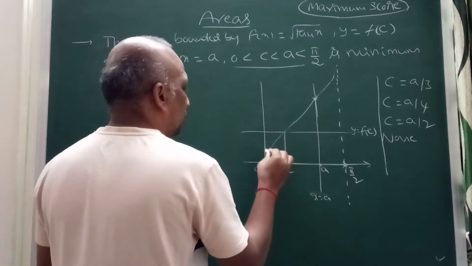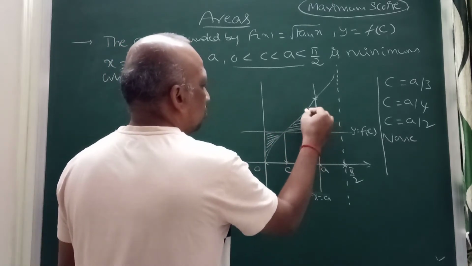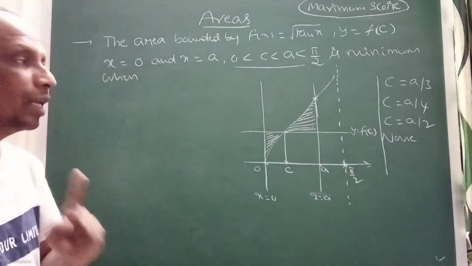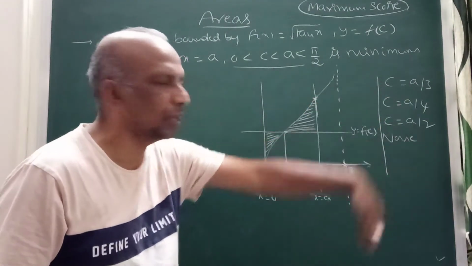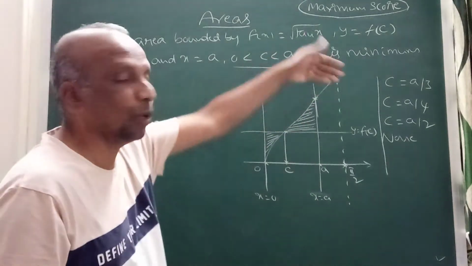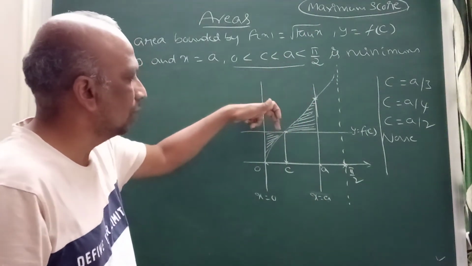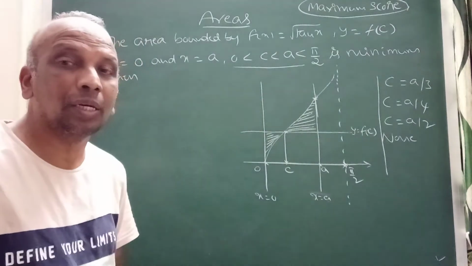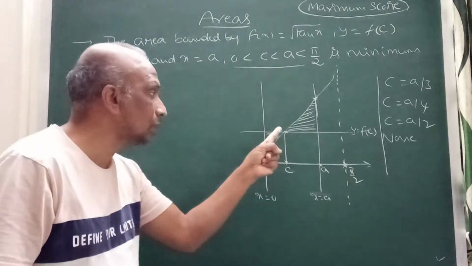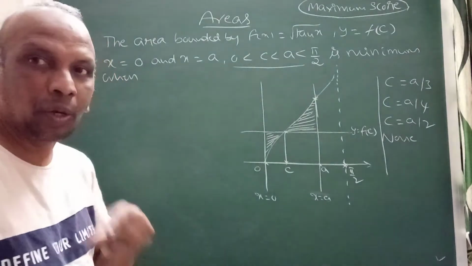Now you can check. This is the area between, I can shade this. If you think it has a minimum, you should find the c value. There is a c value only. If I am able to find the c value at the point where the curve changes from negative to positive, when the curve goes from below this line to above it, then automatically it has a minimum at this point. Correct.